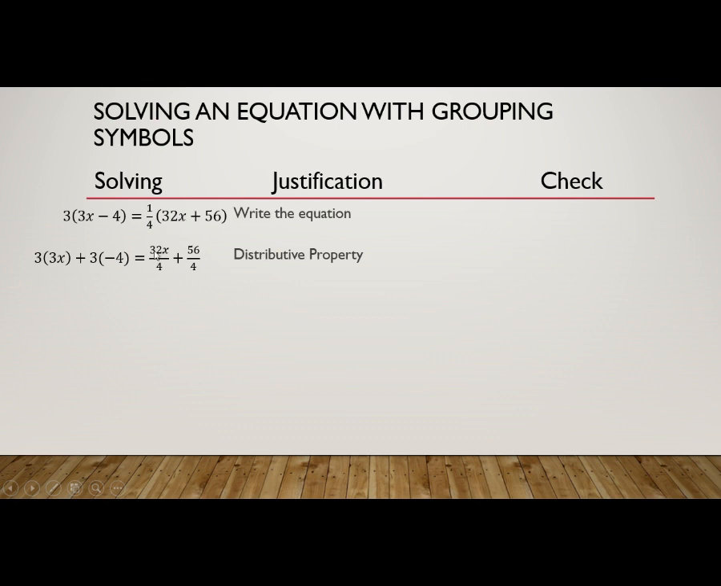1 times 32 is just 32, and the denominator of 4 stays the denominator of 4. We just stick it on the bottom. Same thing with this next one: 1 times the 56 is 56 with a denominator of 4. So simplifying that